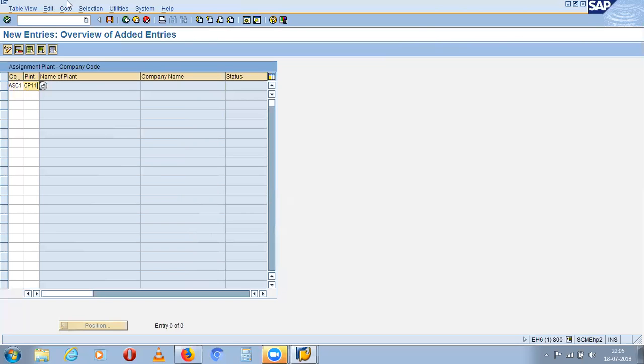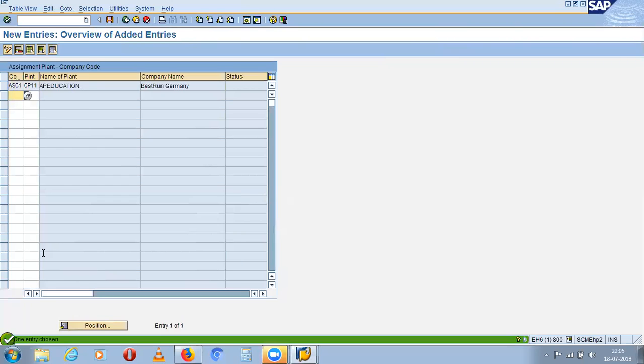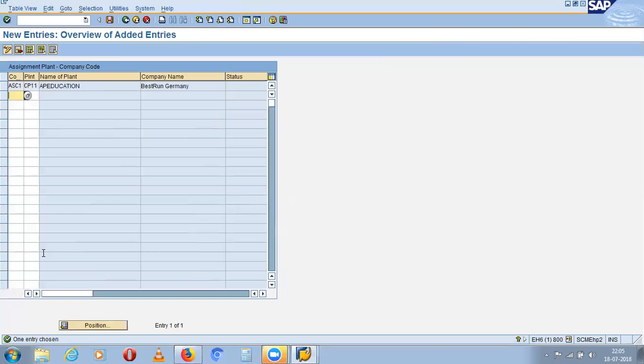Country of the plant differs from country of company code. Press OK. You gave IN itself, right? Then why is it saying it is different?